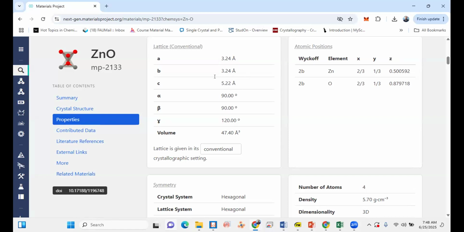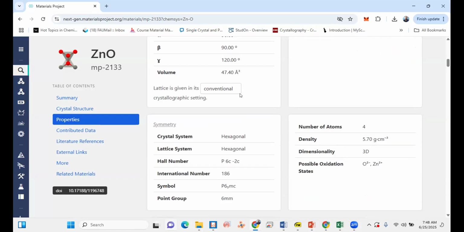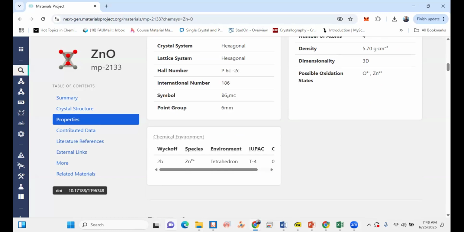So is it in the range or not? Yes, 3.24 and 5.22 are in the range. Alpha, beta, gamma is fine. The volume is okay. Again, they are written with the symbol and point group, etc.